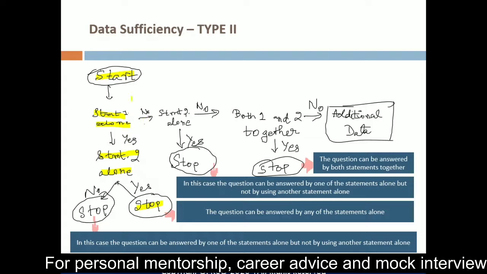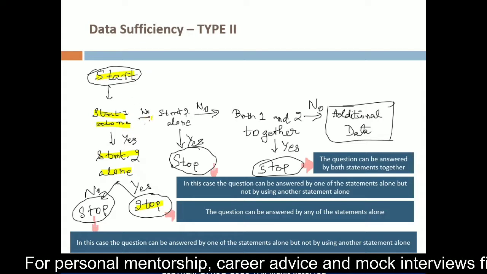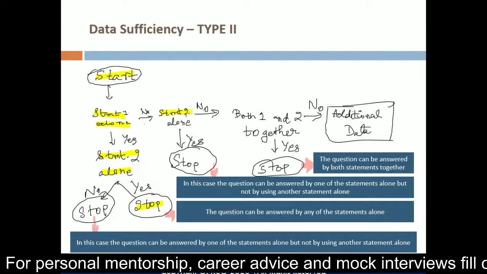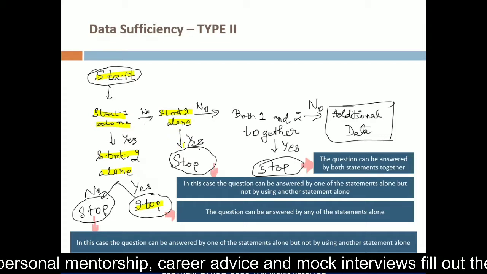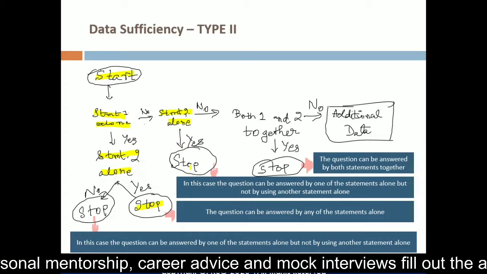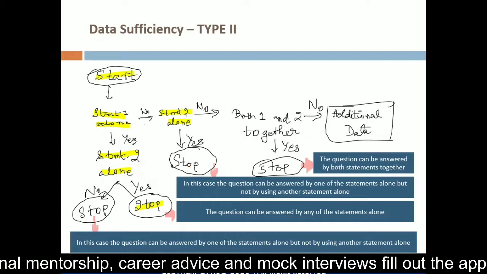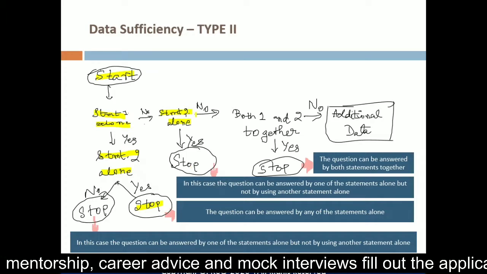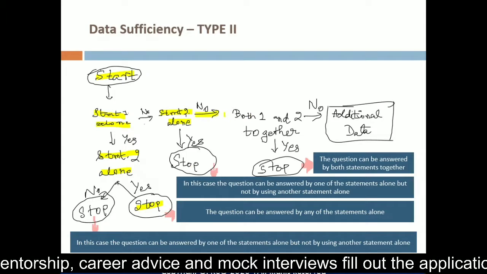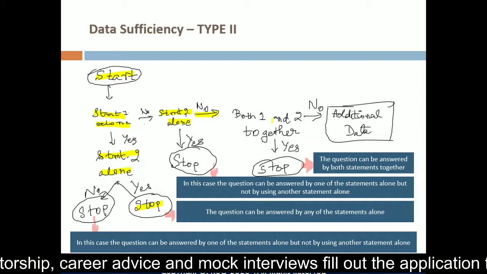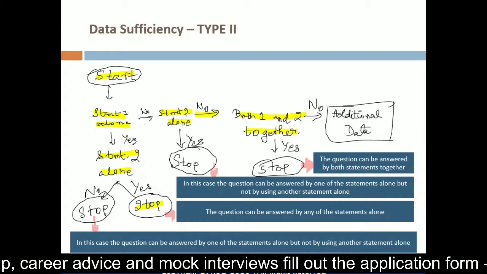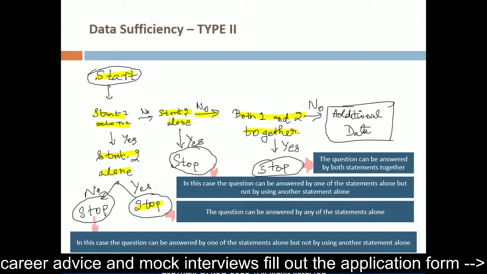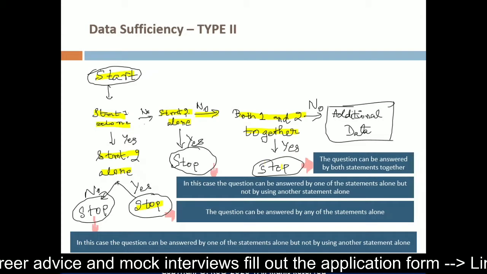Now, if you are unable to solve this particular problem using statement 1 alone, then you will go to the next statement. And if you are able to solve the problem with this particular statement, then you stop immediately here. But if you are unable to solve it with even this particular statement alone, then you try to figure out if you are able to solve the problem using the information from both of these statements, or you could imagine both data points. And if you are able to solve it, then you stop.